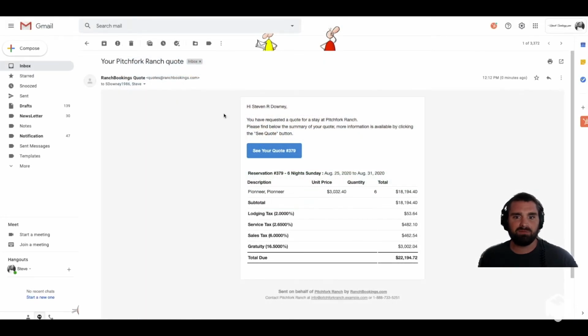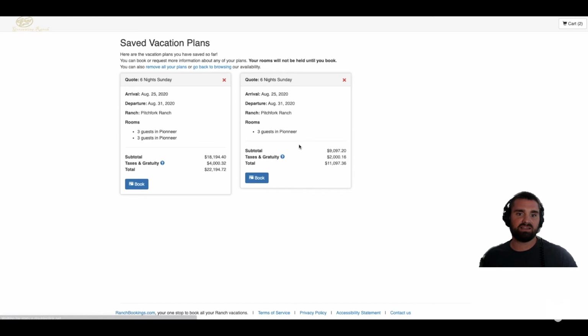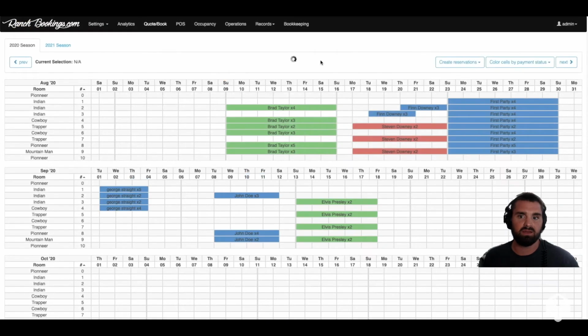Here's the email for the quote that your guests will get. They can see all the information that they filled out, and they can see their quote. Obviously, since they've already sent it, now if you want, they can go back in and book it. Maybe they've emailed or talked on the phone with you, confirmed something, and so they can go ahead and book